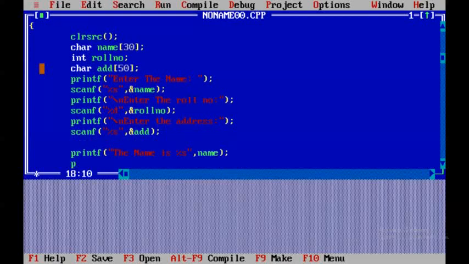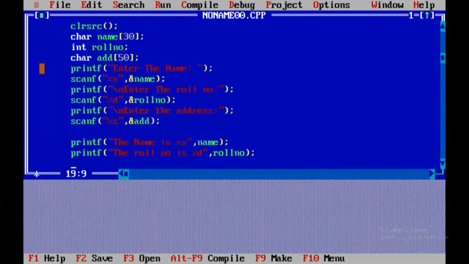After that we want to display the roll number which we have accepted in the roll number variable. So in double quotes, the roll number is, and what's the data type of roll number? It's %d, comma, the roll number variable, where we have stored the roll number. So here we have displayed the roll number.